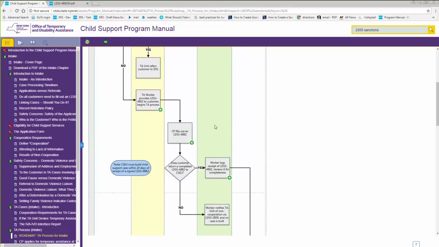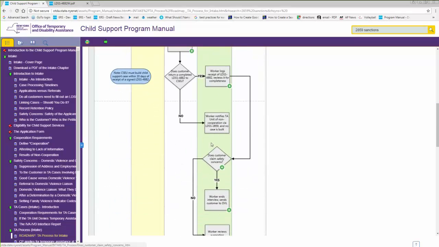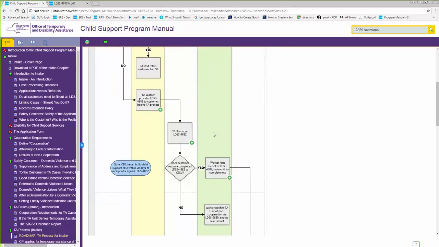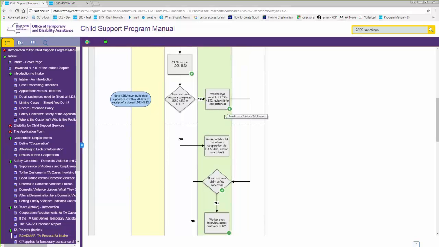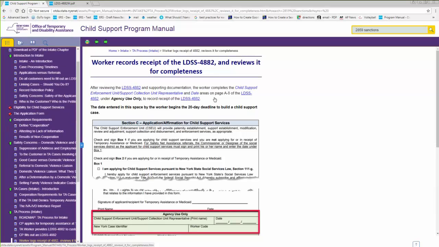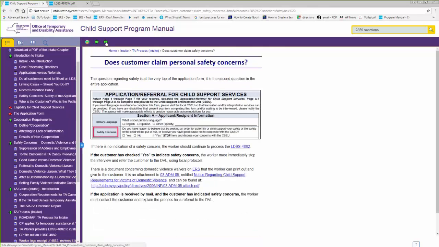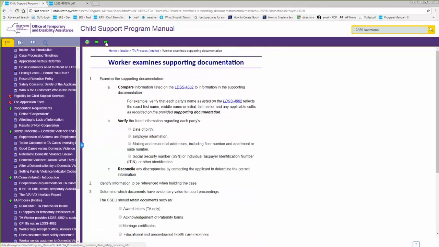And here, CSEU, you can just follow the lane down to see what actions the CSEU needs to perform, what the worker needs to do, as opposed to the court or assets itself or something. Nodes that have a plus sign on them are clickable, and they bring you to drill down content, more details about that particular step in the diagram. If I click this, for example, worker records receipt. These process pages are distinguishable because they have a border above and below the header here. You can also navigate using these previous and next page buttons, so you can just leaf through the content if you like, that way.